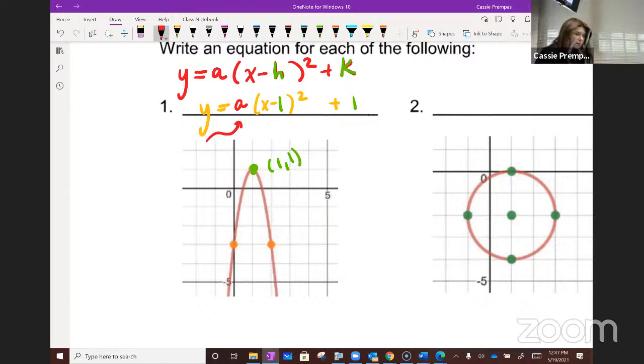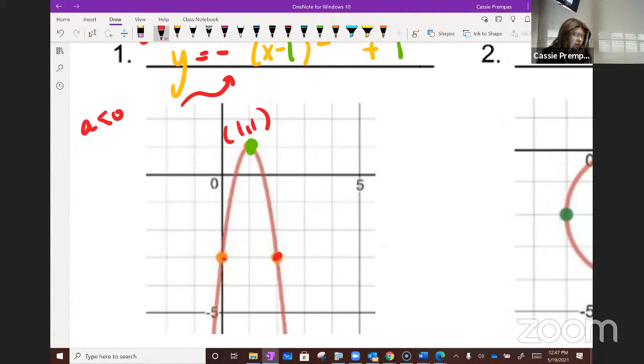Is it going to be positive or negative? Negative. How do you know it's going to be negative? Because it faces down. Good. Any ideas, based off of the way this is graphed, how we could identify what a is? It looks like negative. So let me say a is definitely negative. That's right, Kate, but how do we know it's 4? Because it moves down 4 units. Nice. If we go right 1 and down 4,